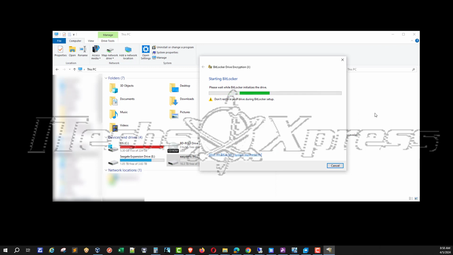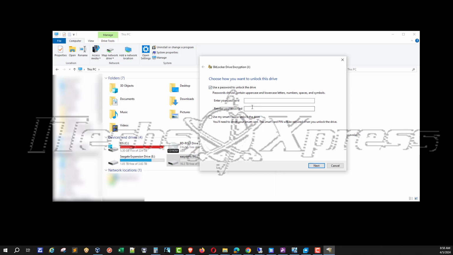Bring the window over here, so that's going to initialize, and then it wants a password to encrypt it, and we have the password here. I don't know what particular password you want to use for this, or how long you want to make it. That's entirely up to you. But I've got mine set up, so that's why you see it the way it is. Click next,